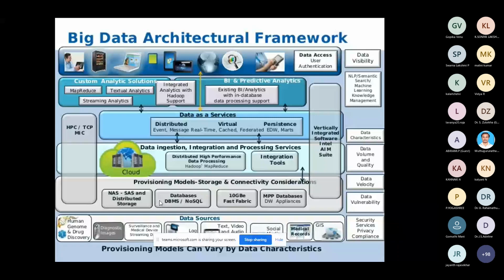All these are at the next layer, on top of which is user access, where users will be given authentication to access this data, and on that basis they are able to extract valuable insights generated from different sources. So this is a fundamental big data architecture framework which is adopted. It may deviate slightly with respect to some applications, but this is a generic big data architecture framework which is widely adopted.